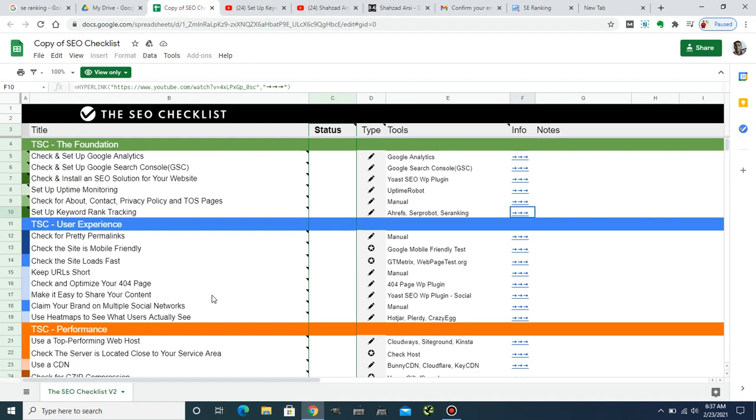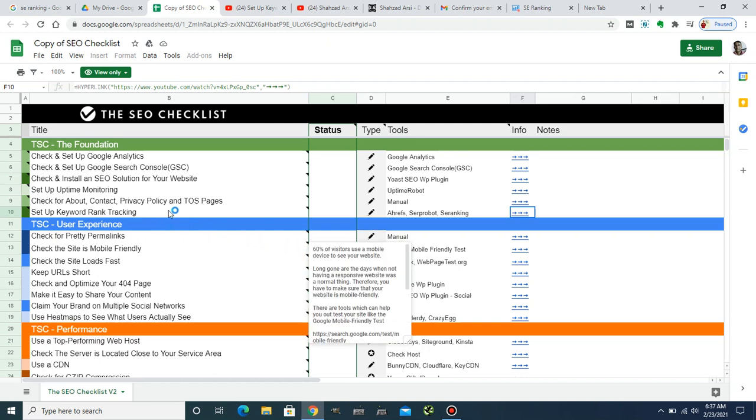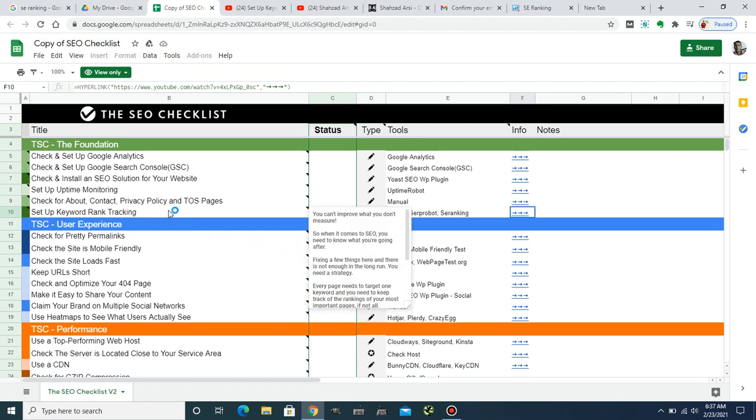What are we going to cover today? Today we are going to cover part 8 of the SEO series, and specifically setting up keyword rank tracking. Why is it important? Because you are doing SEO, whether for yourself, for your website, or for your client's website, you need to track your performance and where you are standing. If you are not sure where you are standing in Google ranking, then you will not be able to improve your SEO game. So if you want to learn how to set up your rank tracking, stay till the end of this video.